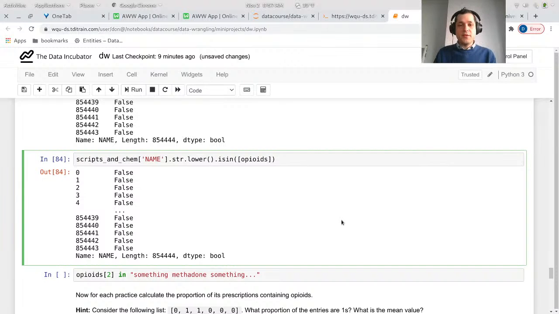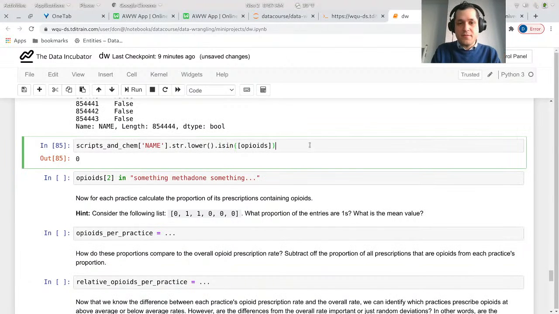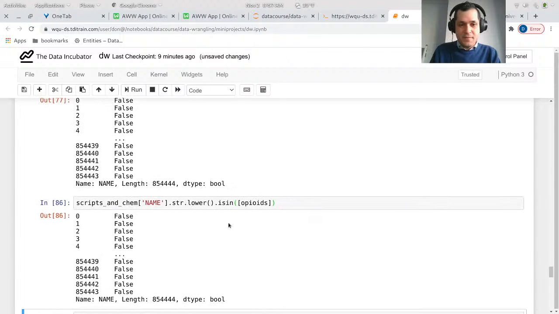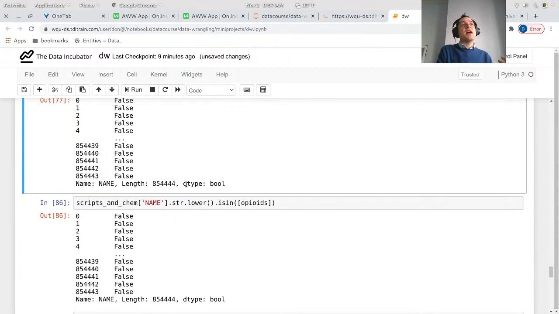All right, and now I'm ready to do that. And let's compute the sum. I still get 0. Bad day for me. Let's see. Because I actually want to do the reverse. I actually don't want to use the isin approach, because isin is asking whether this value of this column is in any of the iterables. But I want to ask the reverse question. I want to see whether the values in the iterable, any of those are in,